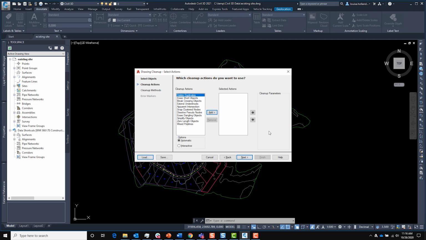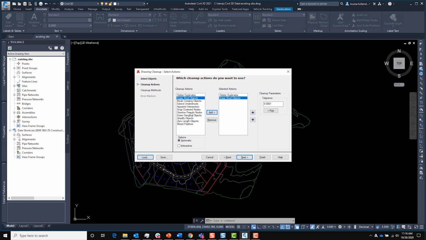And the cleanup actions are really where the big stuff happens. So I delete duplicates, that's a biggie. Erase short objects, that is up to you, just depending on how short objects you want to erase. This is meant to clean up map objects where there might be a lot of artifacts from a GIS import. So we could make this a really small number and then make sure we're not erasing anything too large.